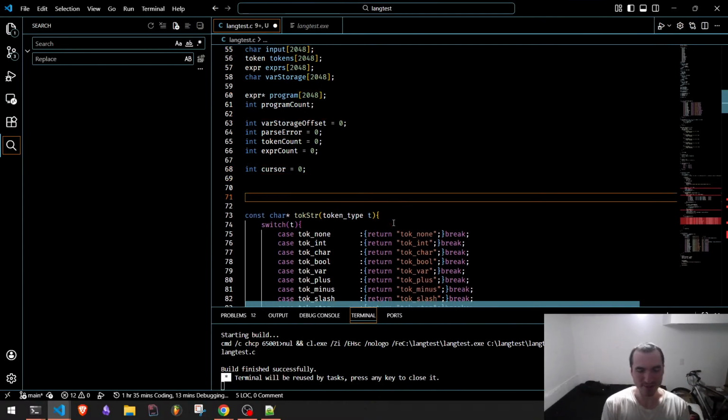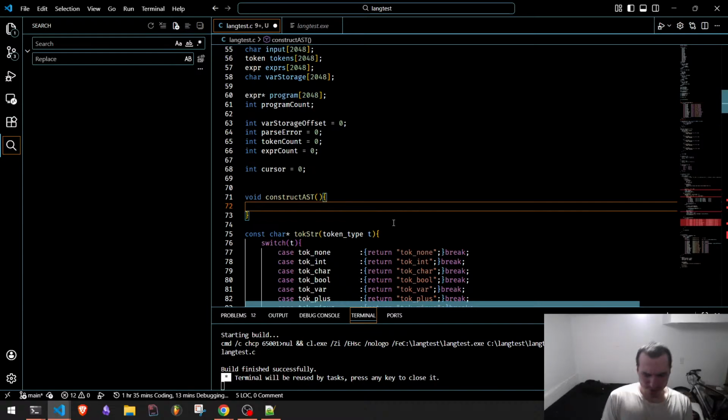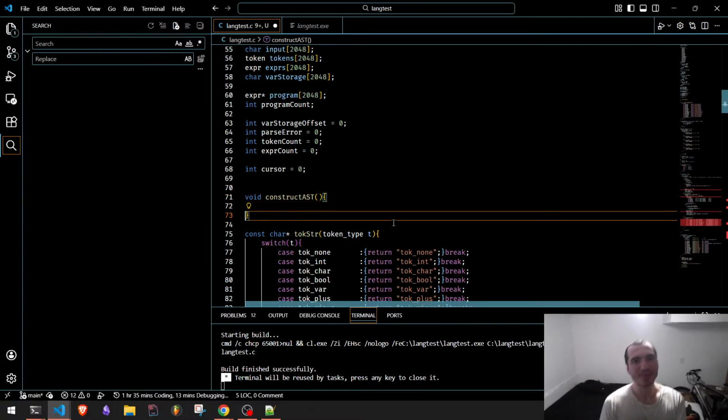Anyway, let's do construct AST. Without further ado, construct AST. And then we'll loop through all the tokens. For int i equals 0, i is less than token count. I guess, yeah, depending on the flow, this will be,